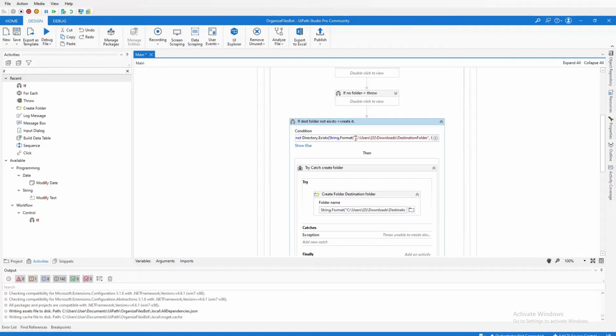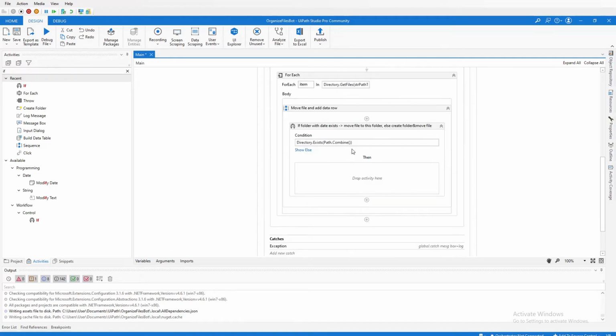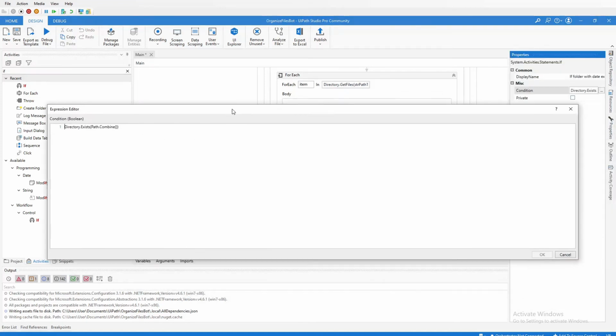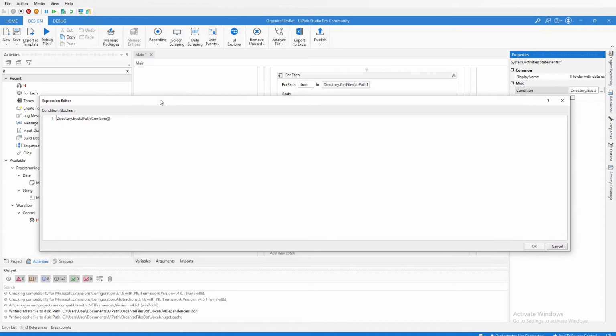Okay, I will just use this string format, but this is not a good practice. The better way is to create a variable and place this value into the variable. So, destination folder. Okay, but this is just a short video. Okay, let's combine. Next, we'll use this destination folder, and